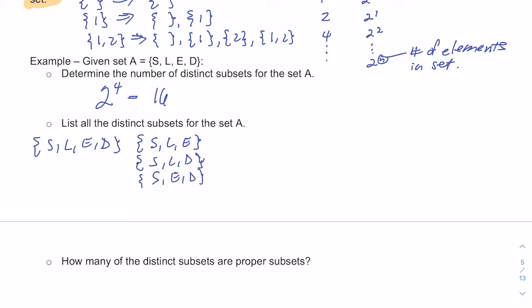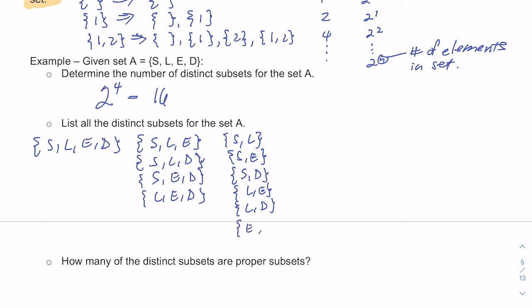Remember, I went distinct, right? So I couldn't use SEL because in that first subset I put SLE. You would also have LED. Okay, and that's it for the 3s. And then I could do 2 letters at a time. So S and L could be a subset. And then S and E. And then S and D. And then I could do L and E, and L and D, and I could also do E and D,